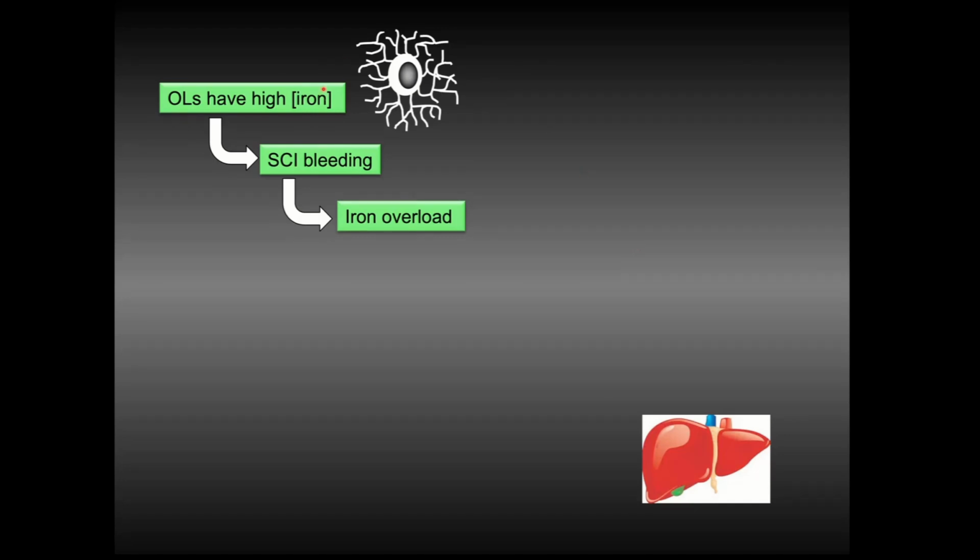So in my lab at one point in time, we were looking at iron regulation. Iron is needed to make new myelin. It's needed by oligodendrocytes. It's an essential component of the catalysts that activate the enzymes. So we know that oligos need iron, but after spinal cord injury, there's bleeding within the spinal cord. This leads to iron overload. So I had some studies looking at whether we could give an iron chelator to dampen down some of this iron overload, but also not inhibit or impair remyelination. So in these studies with former postdoc Andrew Sauerbach, we gave our animals a systemic iron chelator, and we were looking in the spinal cord for changes in tissue sparing and tissue repair.